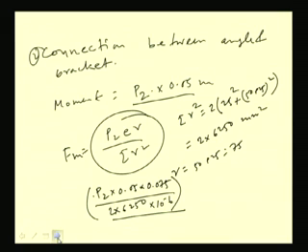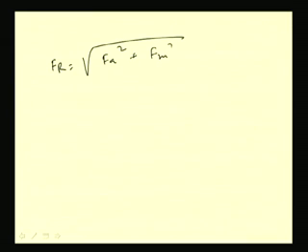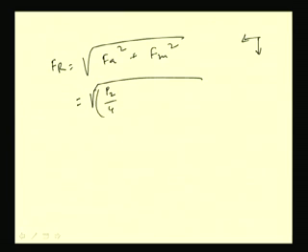So, the resultant value FR will become root of FA square plus FM square, because both are acting perpendicular to each other. So, we can find out FA will be P2 by 4, as there are 4 number of rivets, if P2 is the permissible load. So, this is FA, and FM will be